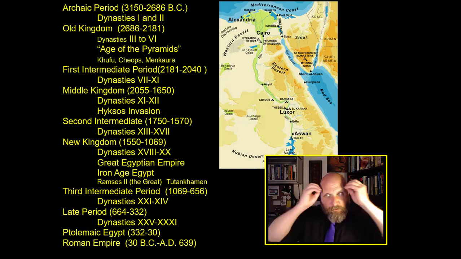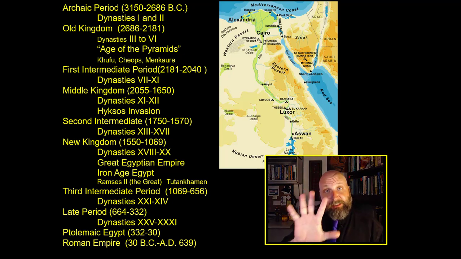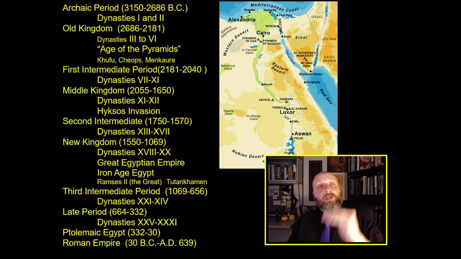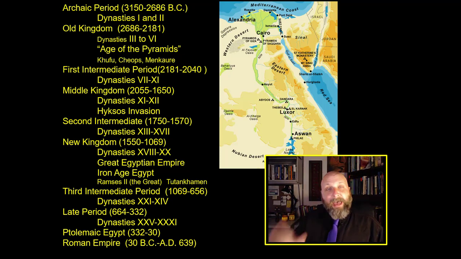And a way to grasp exactly how old Egypt is, is to understand that there really isn't a single Egyptian civilization, but rather what you have is five civilizations, each civilization built on the ruins of what came before. There is the sequence, I think originally developed by Manetho back in the 3rd century BC. And this is basically how these many Egyptian civilizations preceded each other.